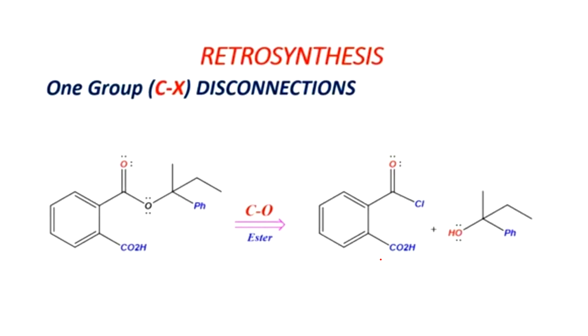This is another compound. In this case we have to do a fragmentation in such a way that we are getting a stable fragment. Here is another simple example. Here the molecule could be broken from this heteroatom bond. We are getting a stable fragment. Here we are getting this alcohol.